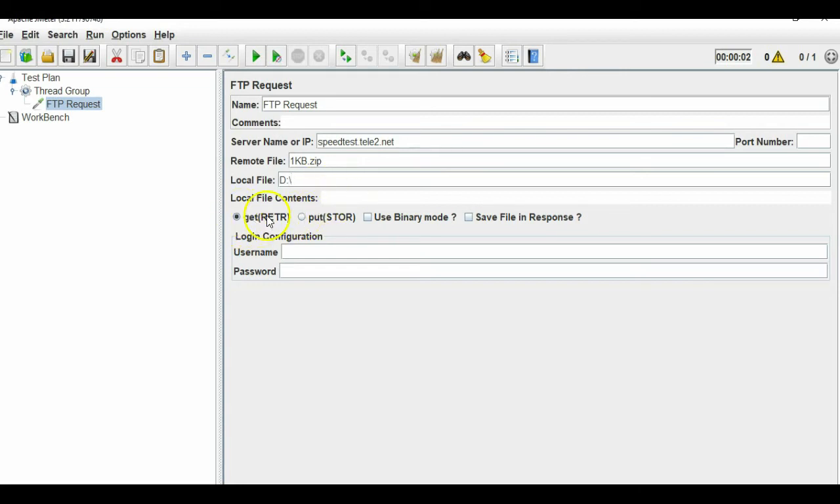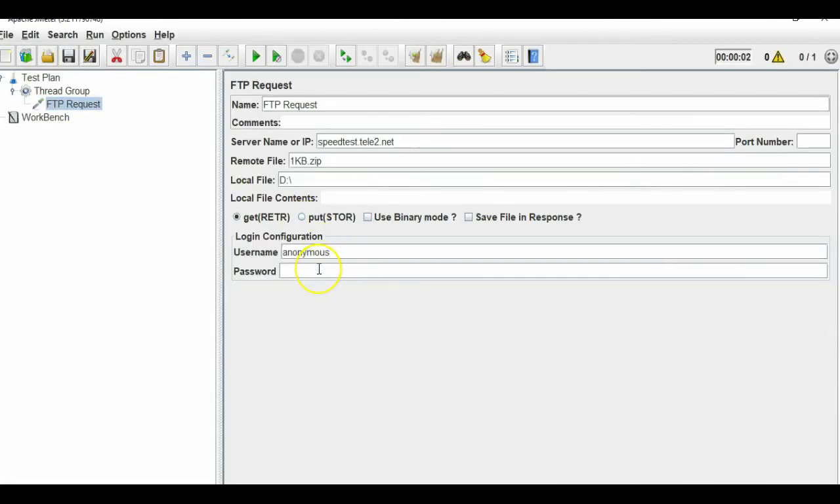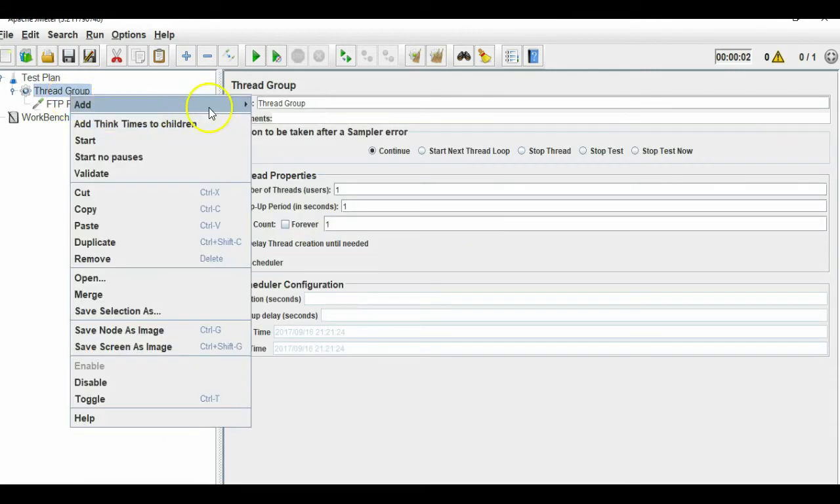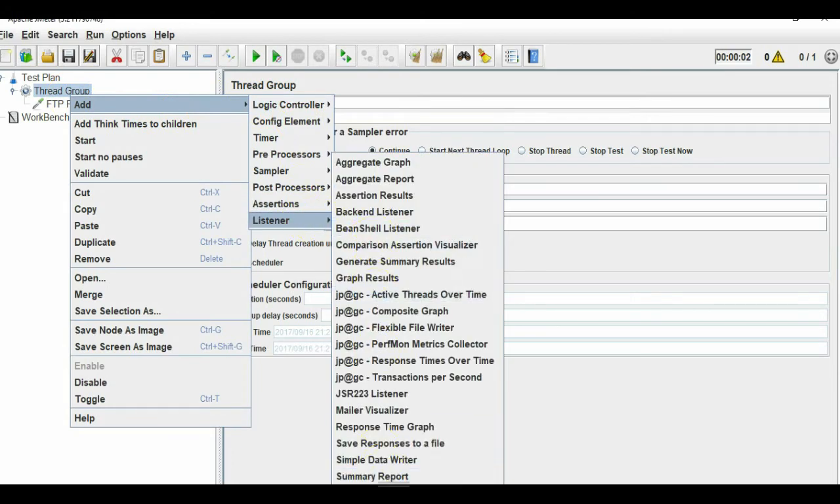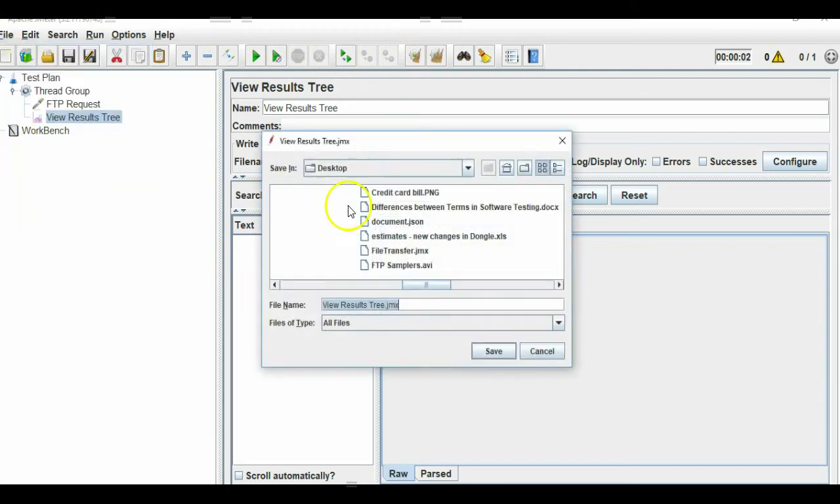And it is a GET request because we want to get data from the server. Username would be anonymous, and the password. So by this request you can download a file. And let's add a listener to check if it's working fine or not. Let's save this on the desktop with the name of